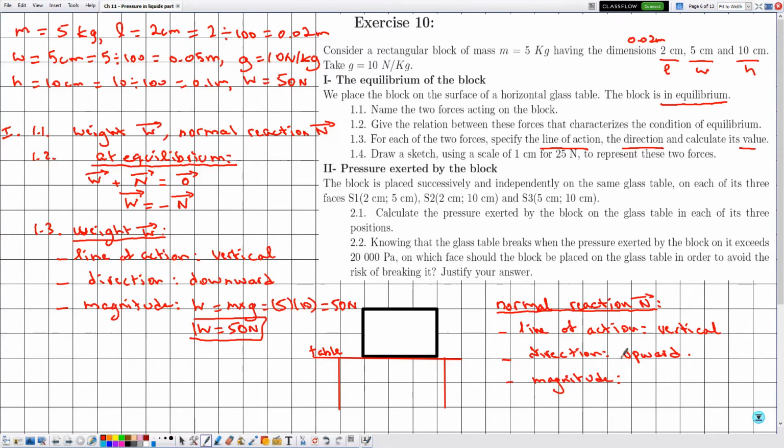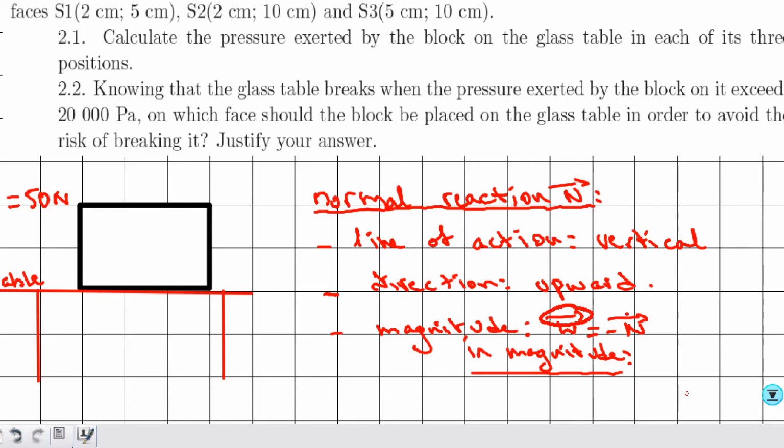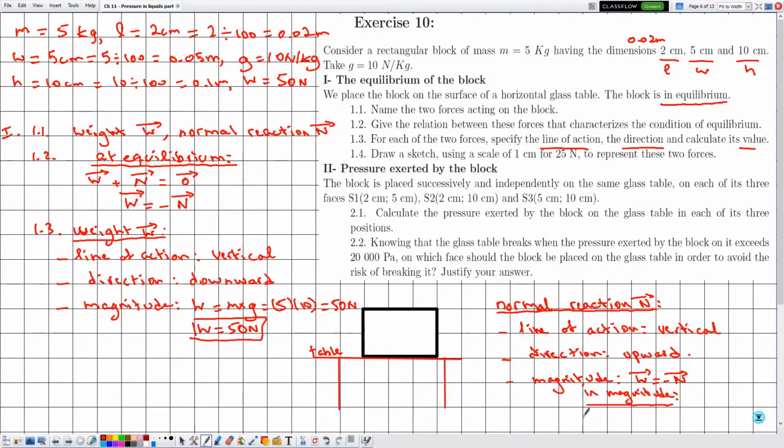we don't have any explicit formula in order to calculate the value of the normal. However, according to this relation, let's say that W vector is equal to minus N vector, or let me complete this part here. Okay, so let me say that in magnitude, so now in magnitude we drop the vectors and we remove the minus sign, so W is equal to